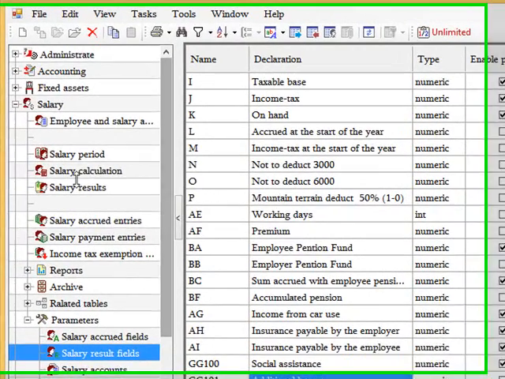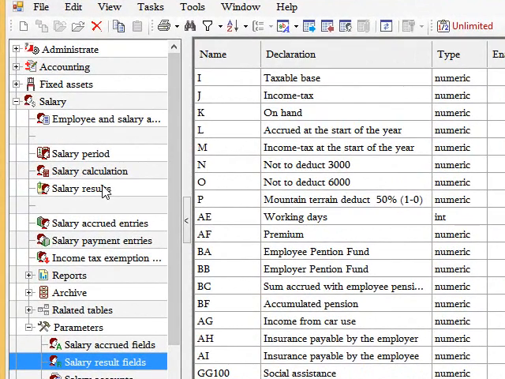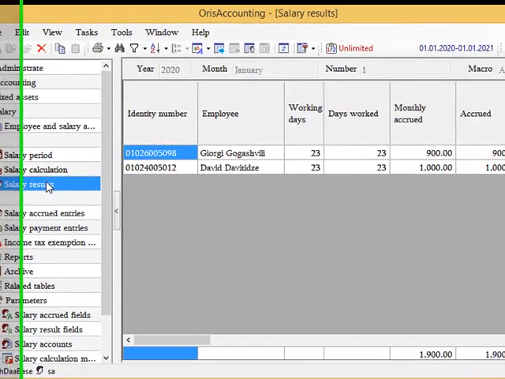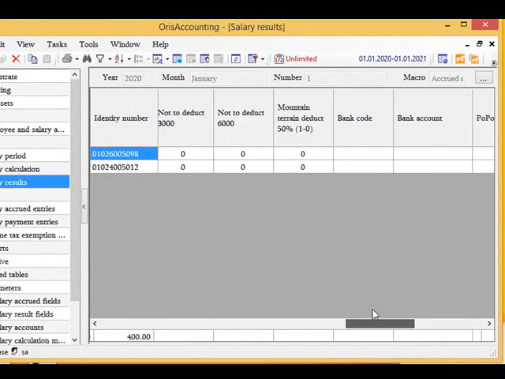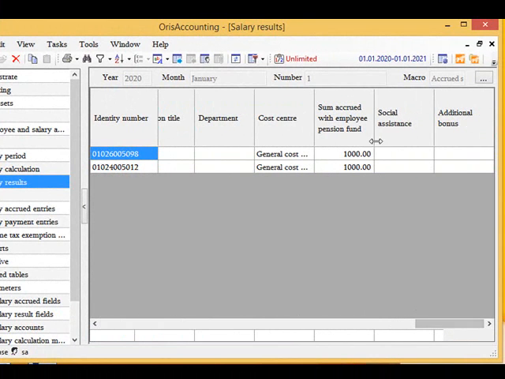Access the menu, salary and salary results, and here in the end of this table you will find fields, social assistance, and additional bonus, but you can find values in these fields only after payroll calculation, and how we can put calculated results in these fields we will consider later.